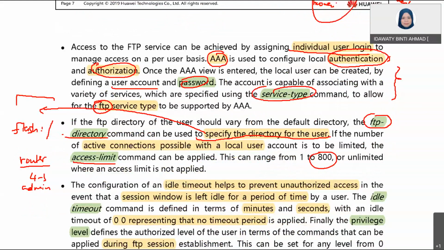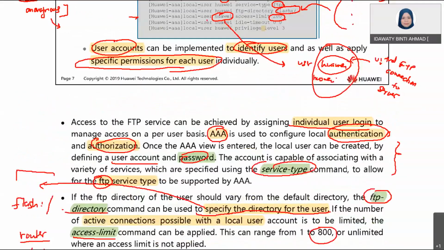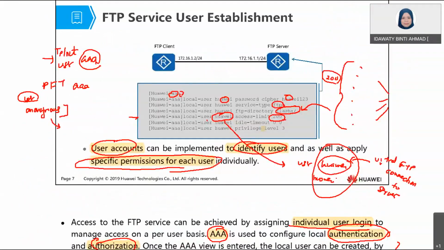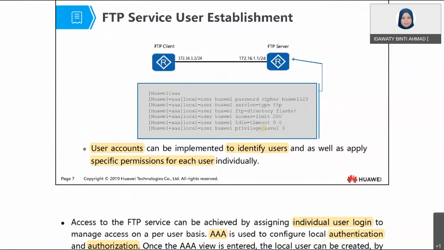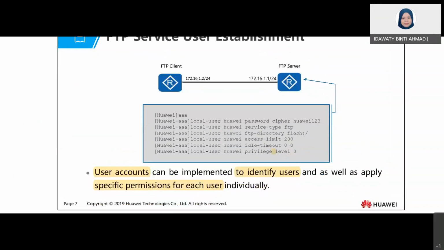Okay, so there we also have, let me clear this one first. There, make it bigger. I'm the one who has problem seeing the detail. Now here you have idle timeout 0 0. So the 0 here refers to minutes, and this one is seconds lah. So what it means by this is that